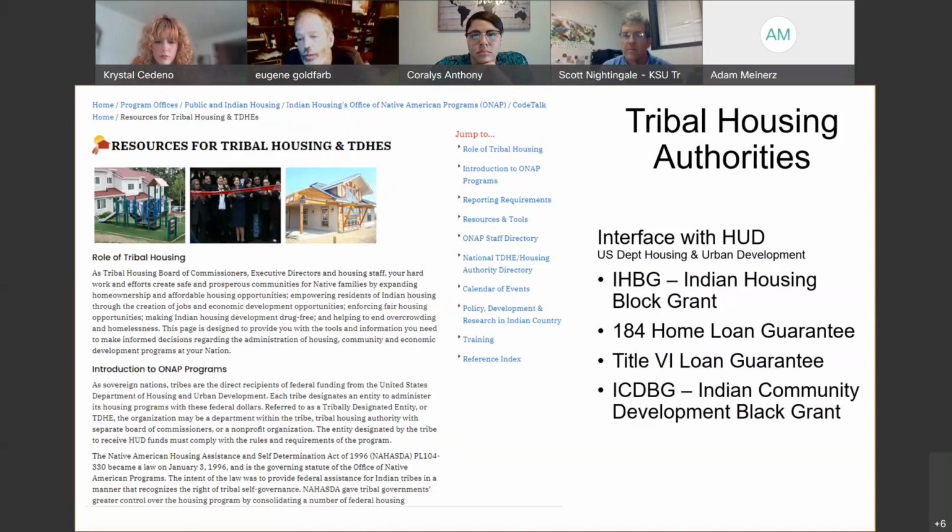And this is whether you're a tribe or not. There are all these local housing authorities, and it's the same thing for tribes. If you want to get the Indian Housing Block Grant, if you want to get any of this HUD money, you have to create a tribally designated housing entity. Most of them are tribal housing authorities, and it's the interface of HUD with the tribes.